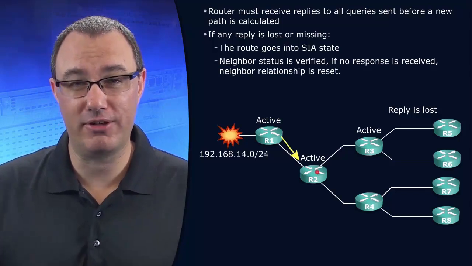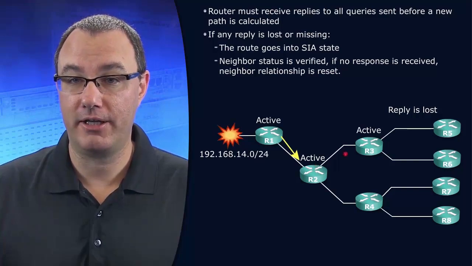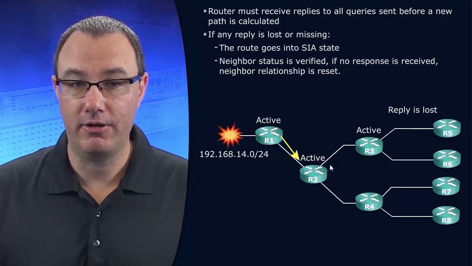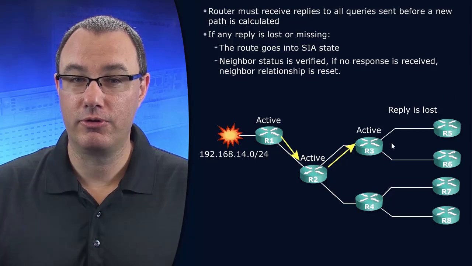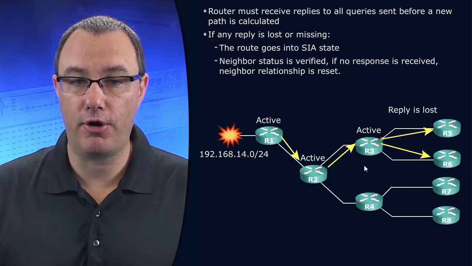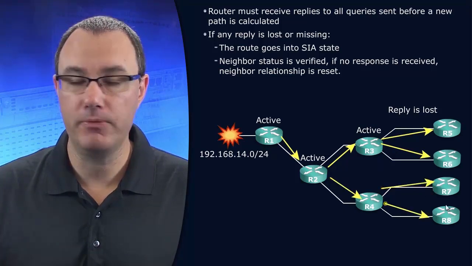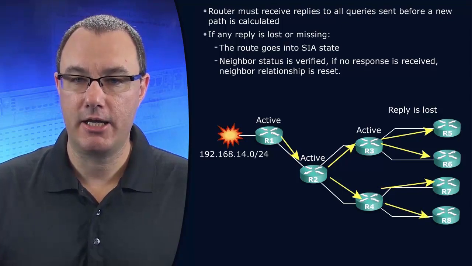We're going to freak out. We're going to say, I got to mark that as active, which we do. And then we propagate those queries further. Let's send those queries all through the autonomous system. Now, these can be scoped with the EIGRP stub feature, but we're not scoping it, because I want you to see something.